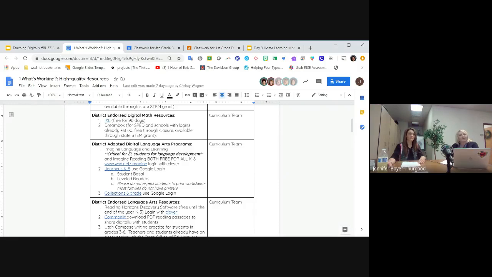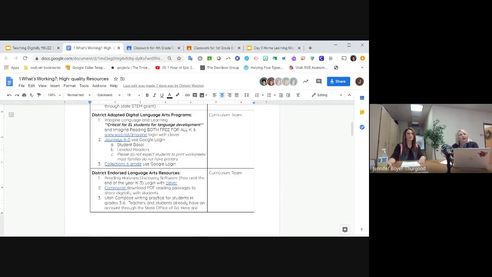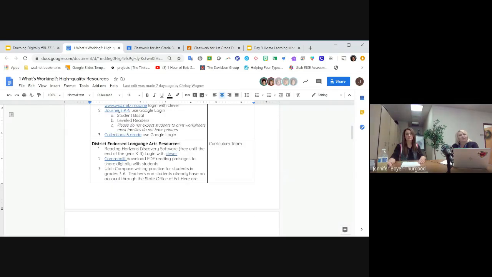With that, we also have our Journeys that we use K-5 and our Collections for 6th grade and up. The students can use their Google logins that they normally access through the district, but as we move along, I'm going to show you a quick way for you to assign pages within the book that they wouldn't even need to log in. And then along with that, CommonLit is a great resource for reading material.